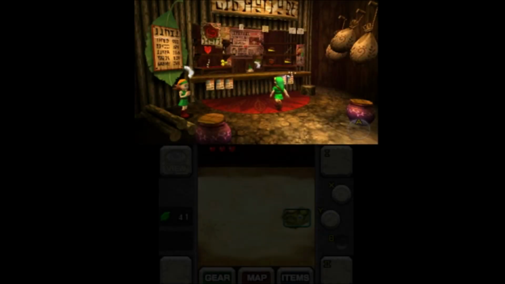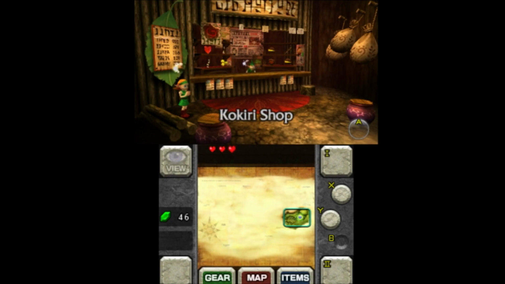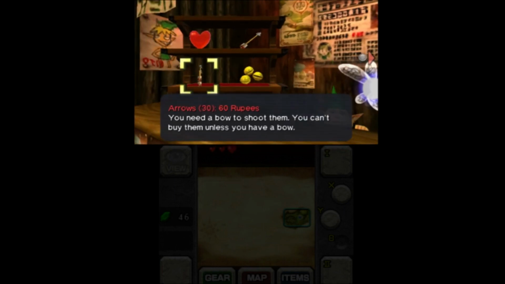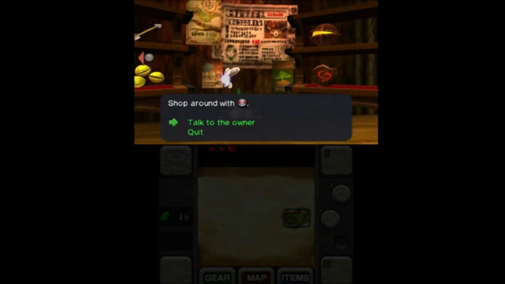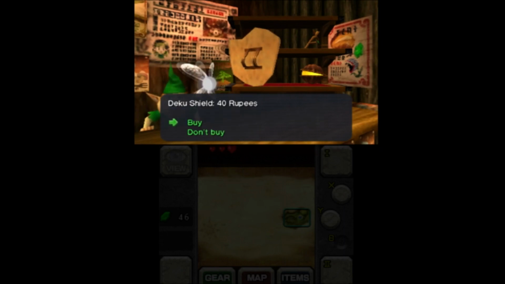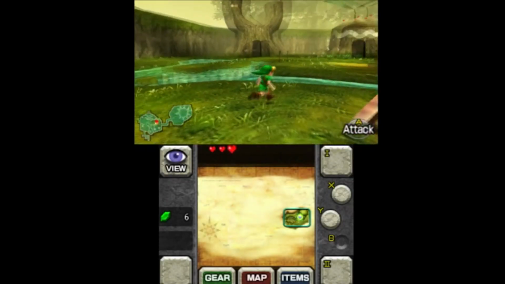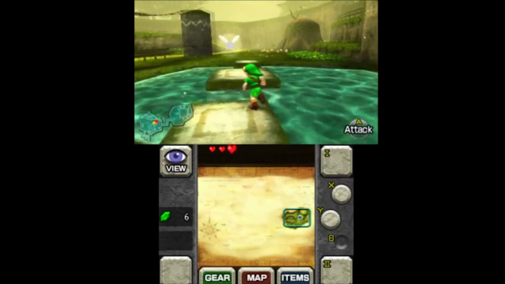I'm going in the shop. Now, if you don't have 30, 40, over here there's a blue rupee just hidden behind the little counter there. Now, over here, well, you can't get arrows yet until you're adult Link, but get yourself a Deku shield. It's a pretty weak shield, pretty crappy shield, but it will do. It'll be enough to get you past the guy guarding the tree, whatever his name is. I don't really remember his name all that well, but